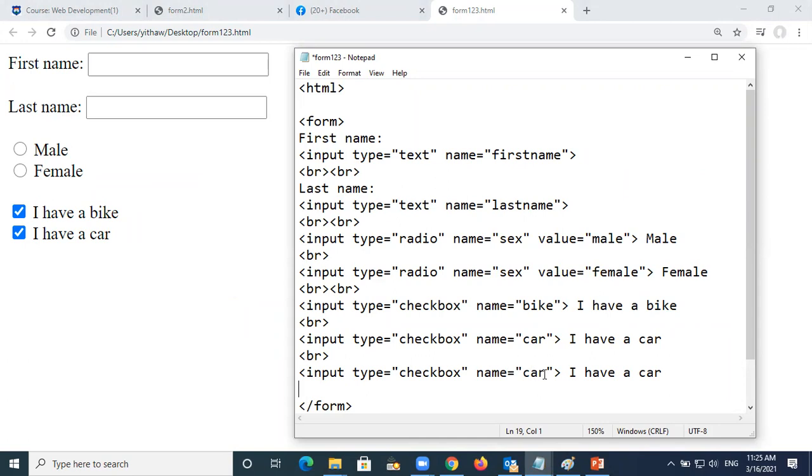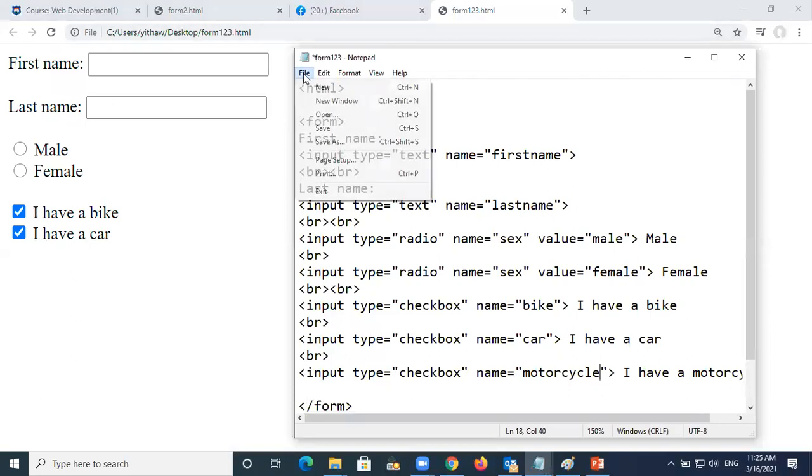Maybe you have a bike, car, motorcycle. M-O-T-O-R-C-Y-C-L-E, motorcycle. And here just change, motorcycle. So now here you're going to have three things. Okay, after that I will save file, save, and then refresh.